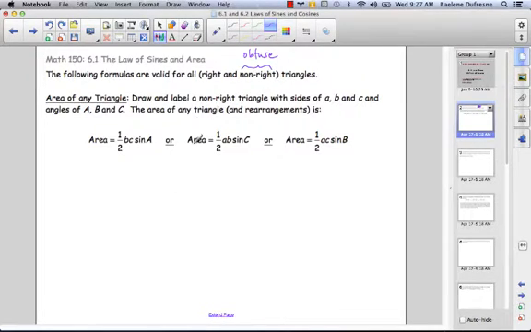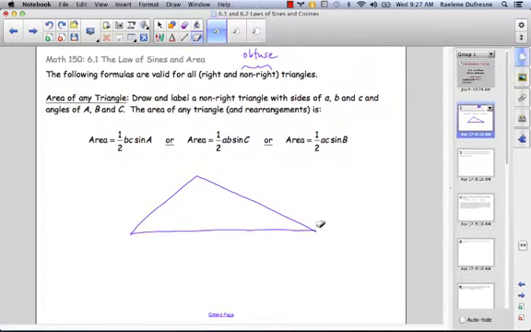So let's draw a non-right triangle, like this, for example, and label the vertices A, B, and C. We're going to use capital letters for the vertices, and for the length opposite each angle or vertex, we will use a lowercase letter. I'm going to make my c a cursive or script c because it's hard to tell lowercase c from uppercase